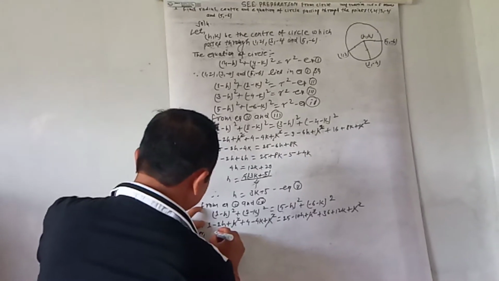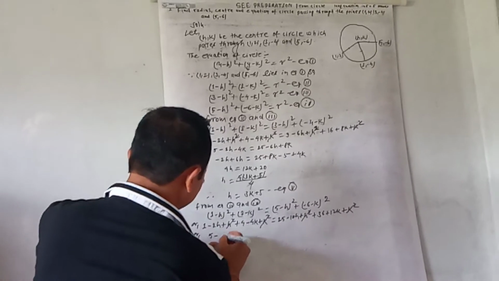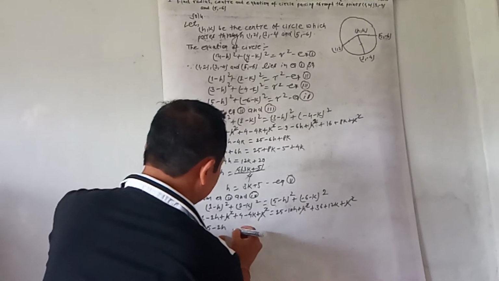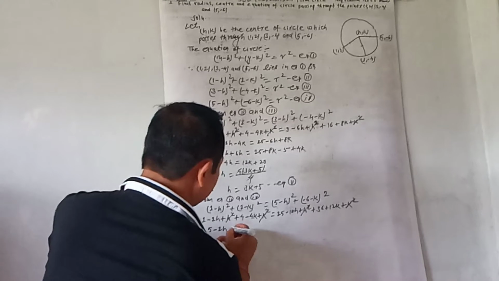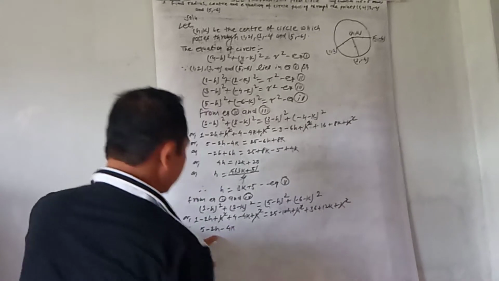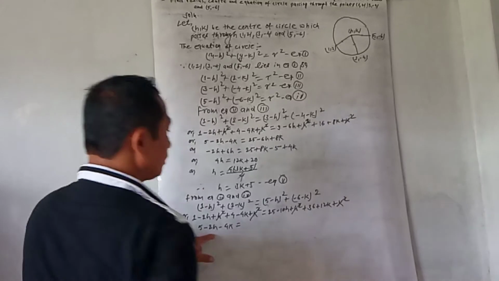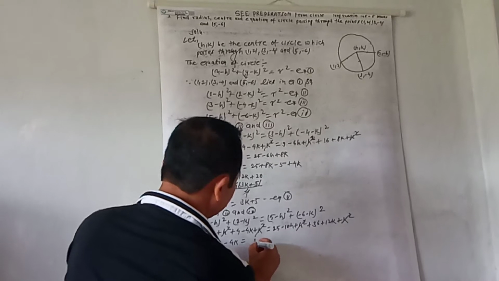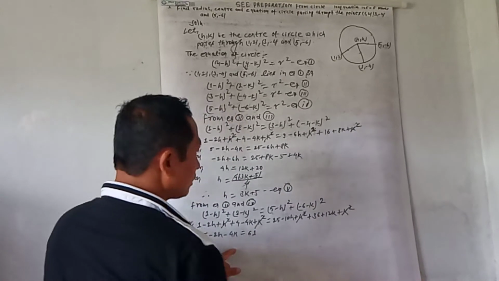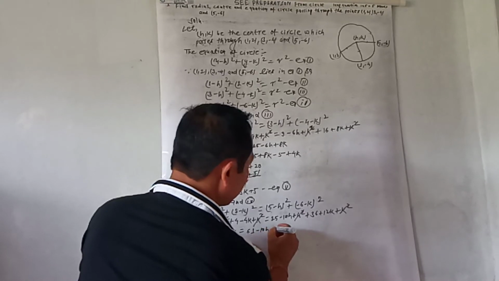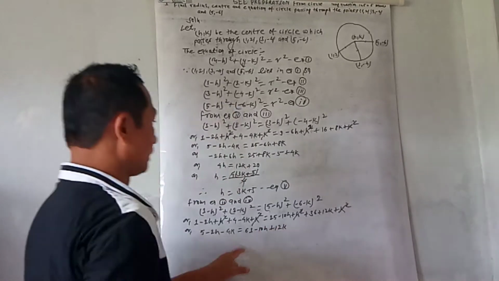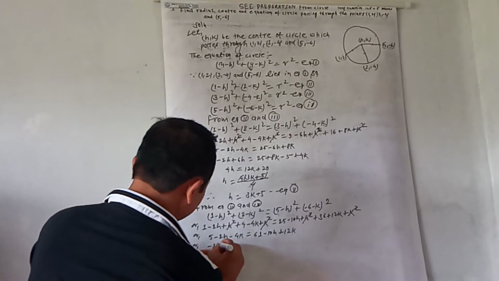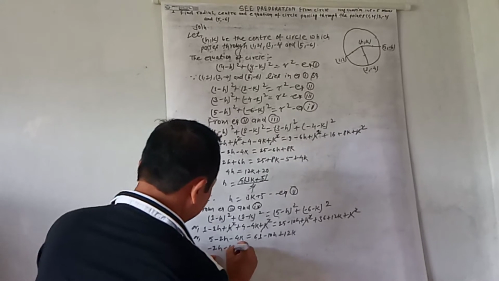Now again k square will be cancelled, h square also will be cancelled. 1 plus 4 we can write 5 minus 2h minus 4k equal to 25 plus 36, if you add then 6 plus 5 is 11, 1 carry 1, 3 plus 2 is 5, 1 is 6, so 61, minus 10h plus 12k, or minus 2h minus 4k.